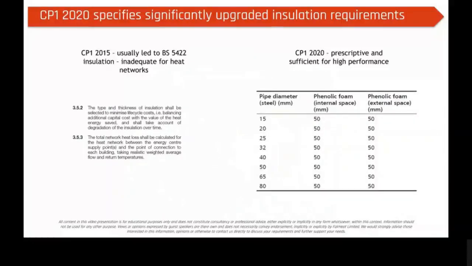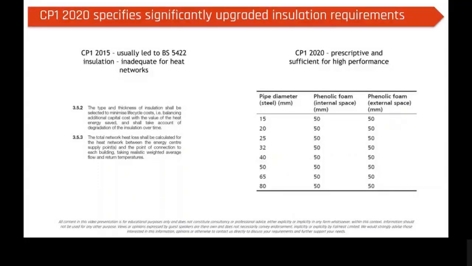Insulation, again, another massive gain for the industry in terms of the improvement in performance we're going to see as a result of this change. In the 2015 version, it referenced BS 5422, which is completely inadequate for getting the losses that we need on heat networks. We've now moved to a prescriptive minimum 50 mil insulation thickness. Just a note on this,